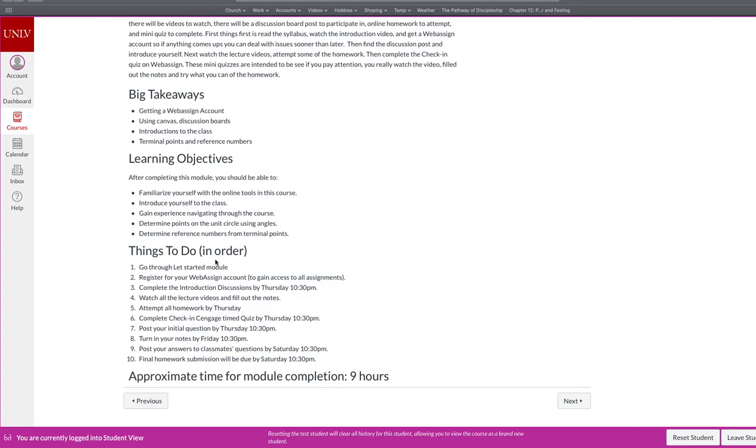So the first thing is go through the Let's Get Started module. Go through all that. The second thing is register for a WebAssign account to gain access to all the assignments. Third thing is to complete this introductory discussion. I'll show you what that is. You need to attempt all your homework by Thursday. You're going to complete your check-in quiz by Thursday, and you're going to post your initial questions by Thursday, all